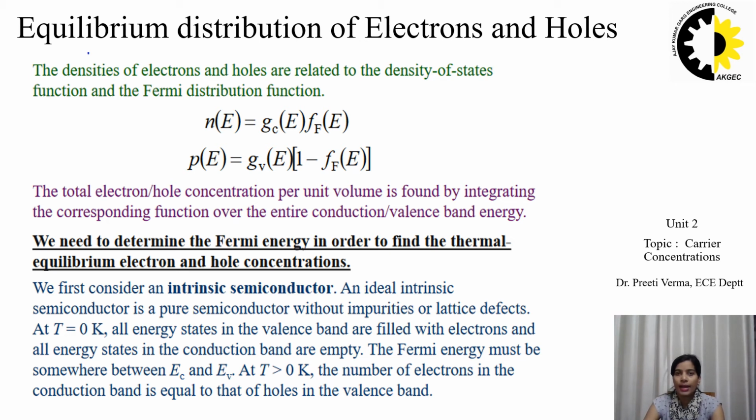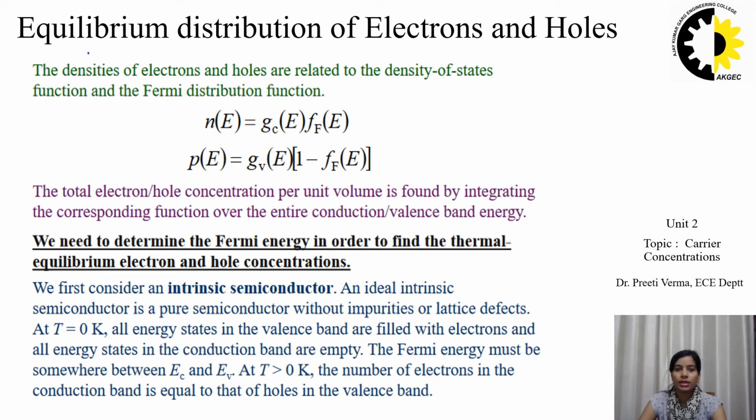Because in the band diagram we do not have discrete energy levels, that is, the band has a continuous distribution of energies. So in a band of energy, if we want to find the distribution of electrons and holes, we need to calculate the concentration at a point, or a small difference of energy, and then integrate it over the complete energy range, and we will find the concentration for the whole band.